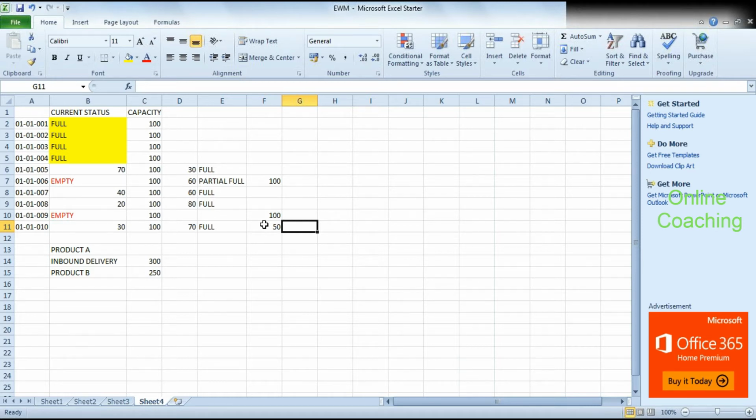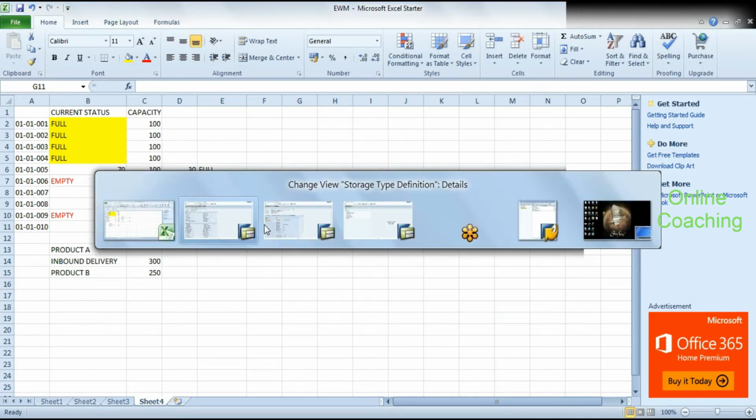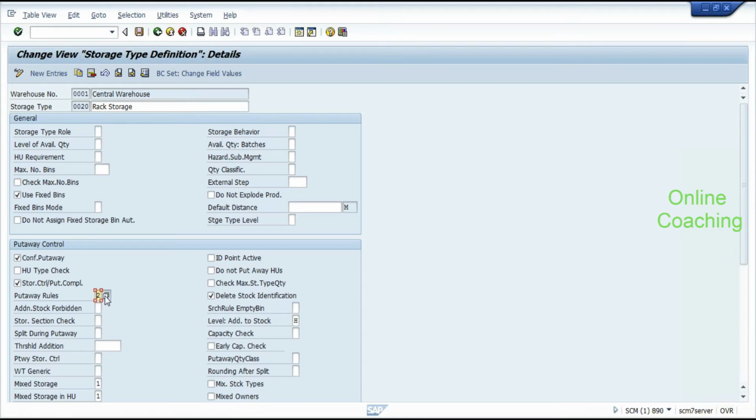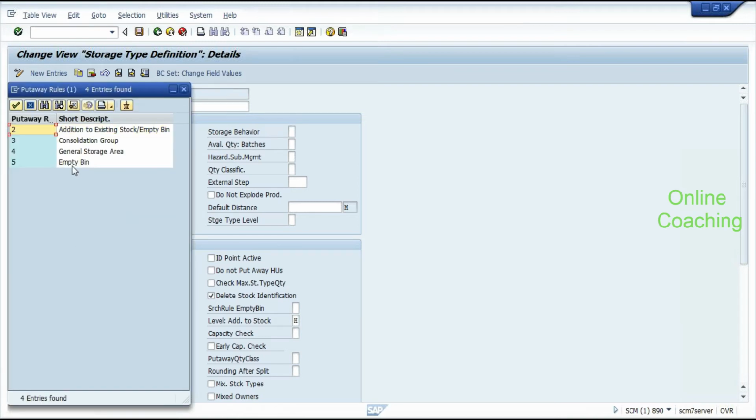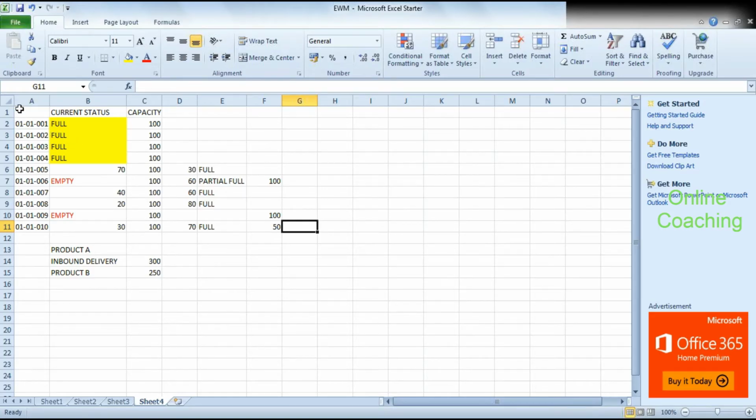So that's basically when you're talking about a mixed addition to existing stock. Then the other strategy that we talk about is an empty bin. Over here, now basically this we're talking about